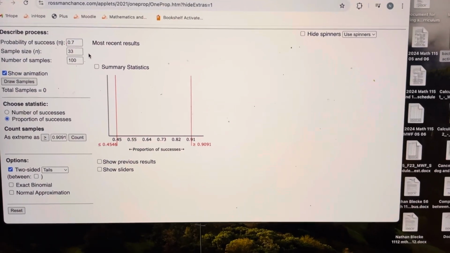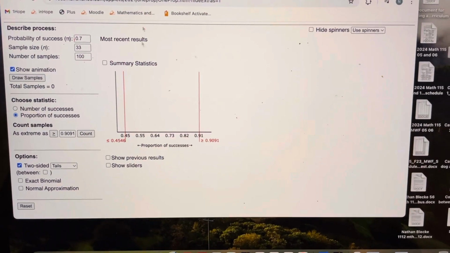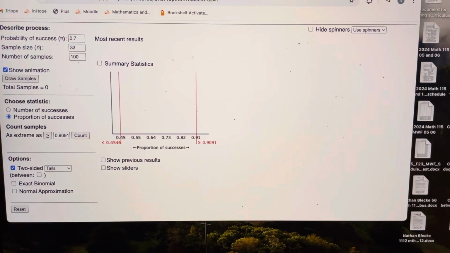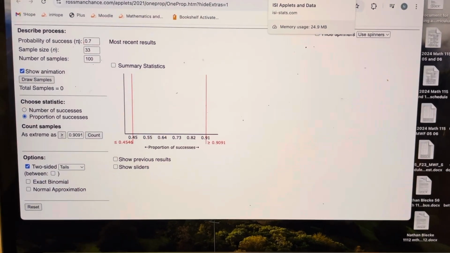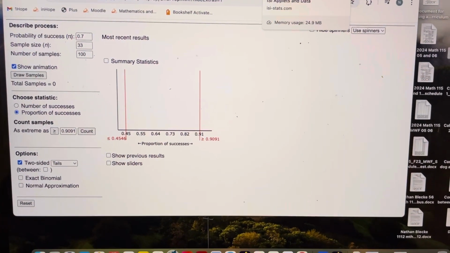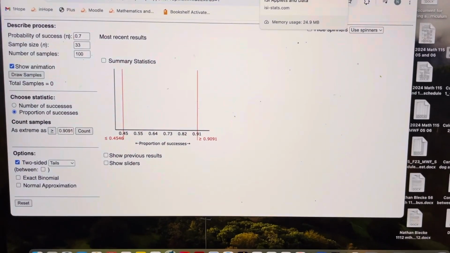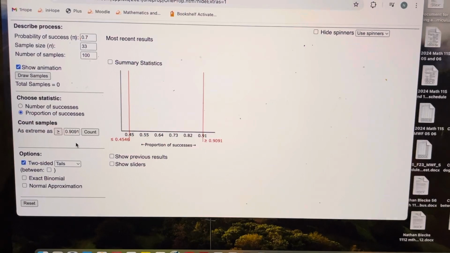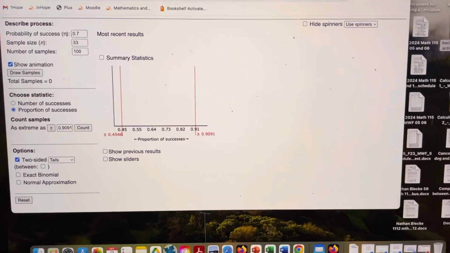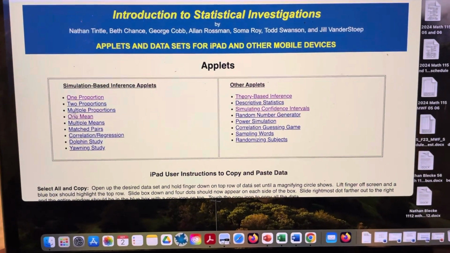I had a discussion with some of the other stats professors, and I said, hey, I think the applet does something quirky. And they said, hey, if you check this, it behaves appropriately. So, watch this. If you go to the one proportion applet,